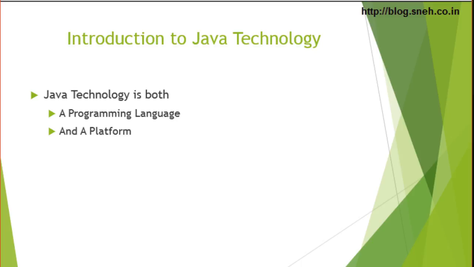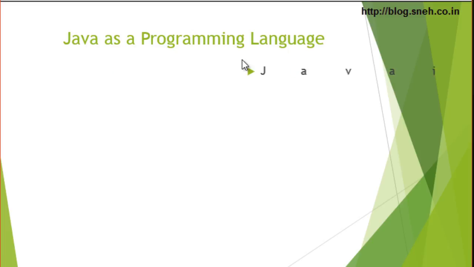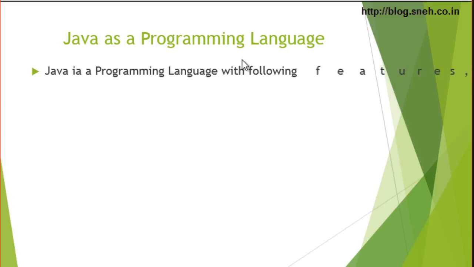Java is also a software based platform that runs on top of other hardware based platforms and executes the Java program on its own. Java is a programming language. It's simple. Java was designed to be easy to learn and use. If anybody understands the basic concepts of object-oriented programming, learning this language is quite easy.